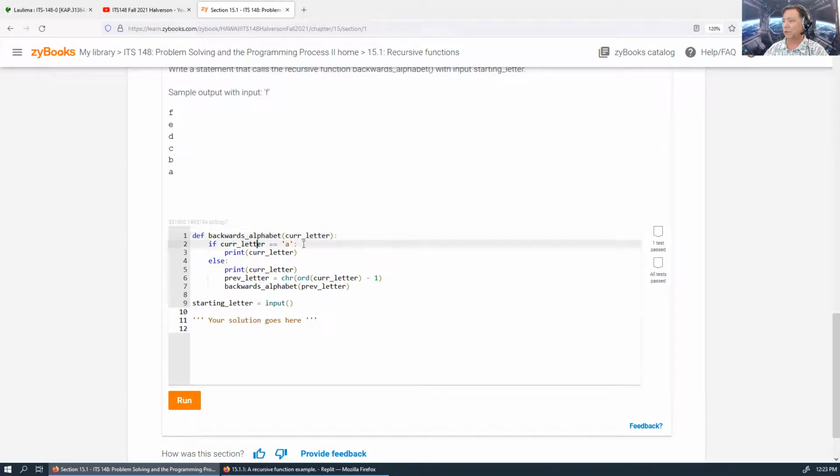So we're going to count down to A. When we've reached A, we're done. If we have not reached A yet, if the current letter is not A, then we're going to print the letter, and then we're going to